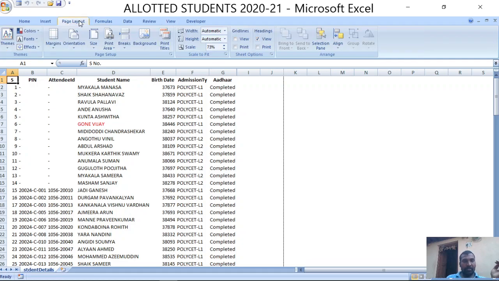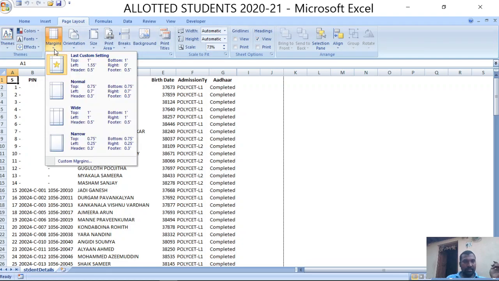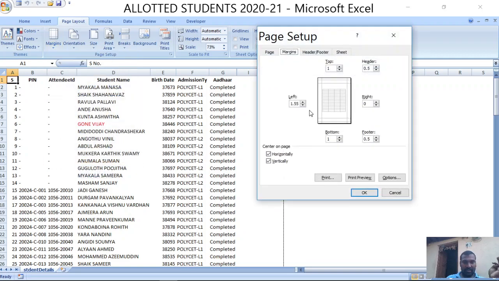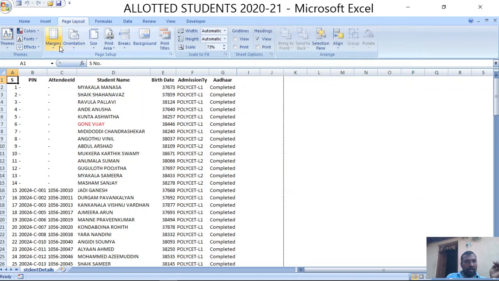So in the page layout tab also we have margins. From this you can change the margin of the page. These are the normal margin, wide margin, narrow margin, and last the custom settings that we have used while printing the documents. If you go with the custom, you click on this one and enter the custom margin. And the orientation command is also there under the page layout.